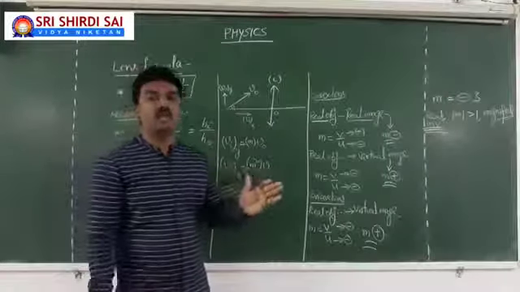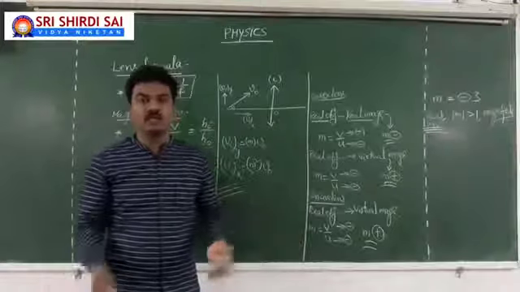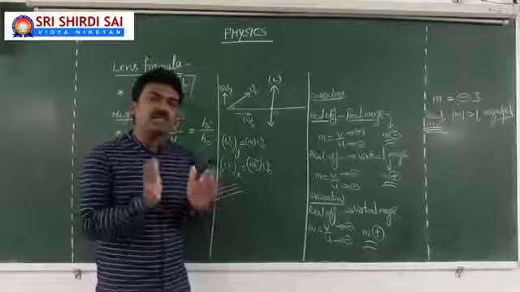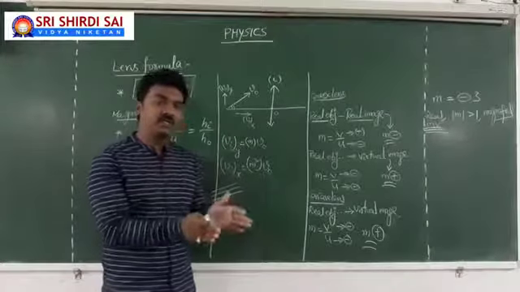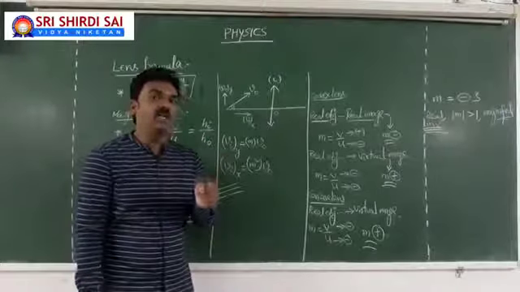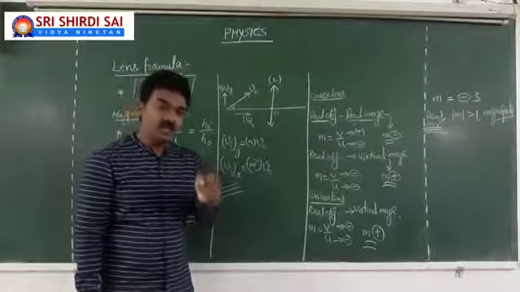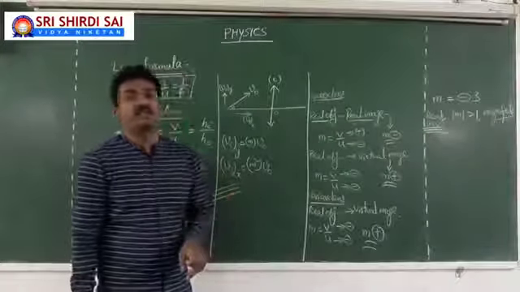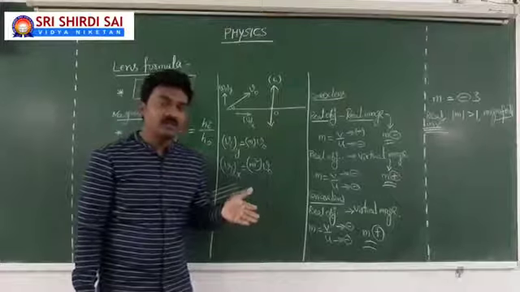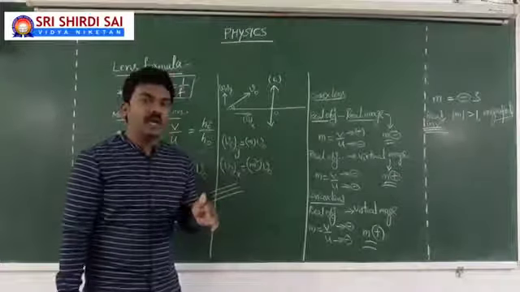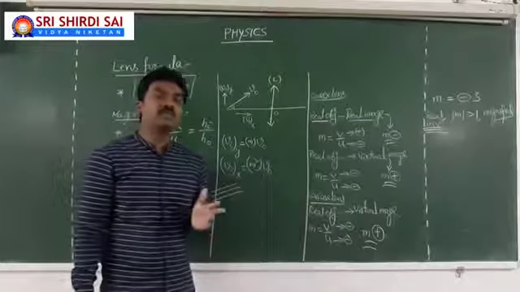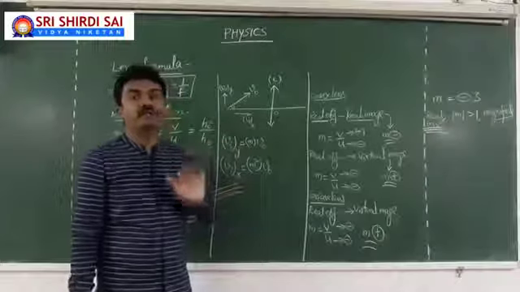The possibility is there with a convex lens but not with a concave lens, because a concave lens always gives a virtual, erect, diminished image for any real object position. A convex lens can give a real image which is either magnified or diminished. Of course, a convex lens can also give a virtual image, but which is always magnified. See the difference? A concave lens gives a virtual image which is diminished, but a convex lens gives you a virtual image which is magnified.